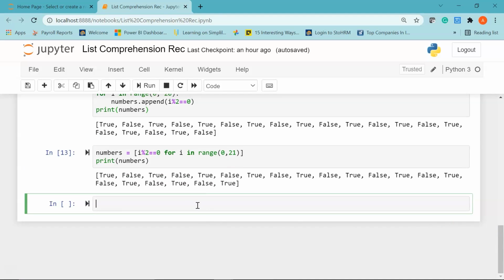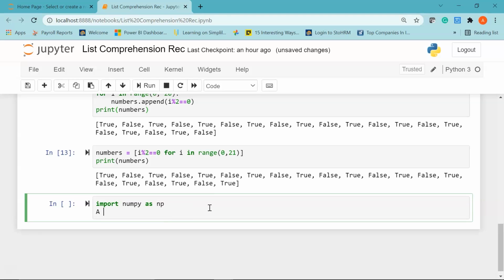Now coming to the final example in this demo, this time I'm going to create a 4x4 matrix using the NumPy library in Python, and from the matrix we are going to find the maximum element present in each of the rows. Let me first import my NumPy library. I'll say import numpy as np. I'm going to create a matrix that will have random integers, so I'm using the random module, and inside that we have the randint function.